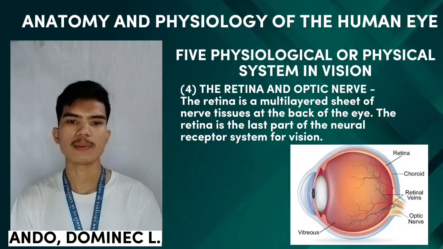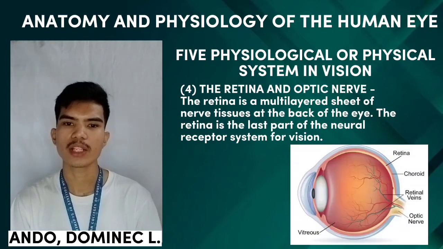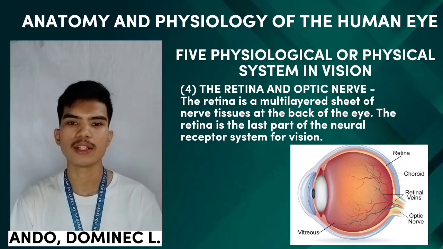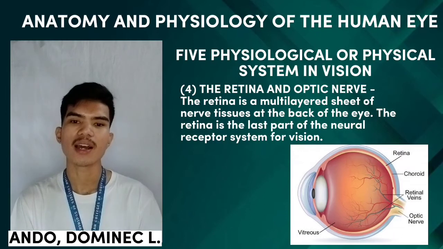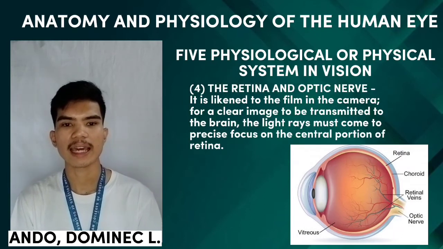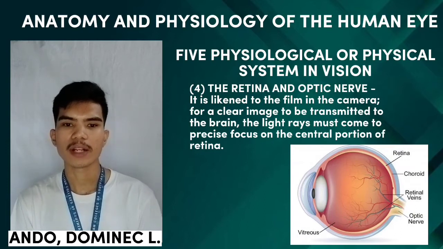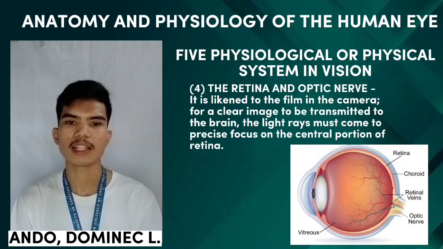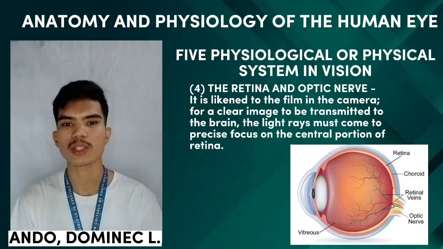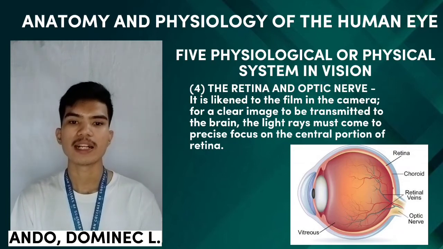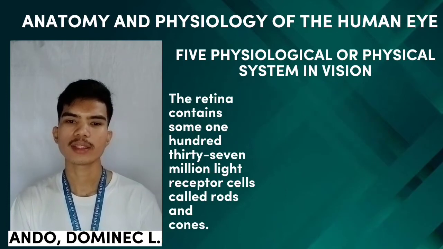The retina is a multi-layered sheet of nerve tissues at the back of the eye. The retina is the last part of the neural receptor system for vision. It is likened to the film in the camera for a clear image to be transmitted to the brain. The light rays must come to precise focus on the central portion of the retina. The retina contains some